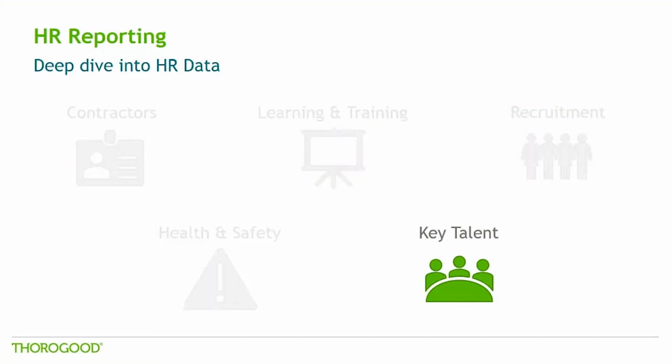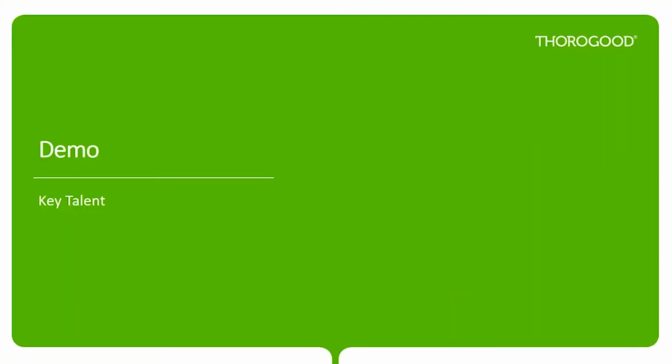Now, purely because we don't have enough time to show examples of everything we've talked about here, we're just going to have a demo on key talent today, particularly around retention. But if you think another area would be of more interest to you, or if you want further information on all of them, then please do reach out to myself or Chinmay, and we'll be able to talk you through that. So hopefully we've resolved some of our Tableau issues today, and I'm going to pass back over to Chinmay